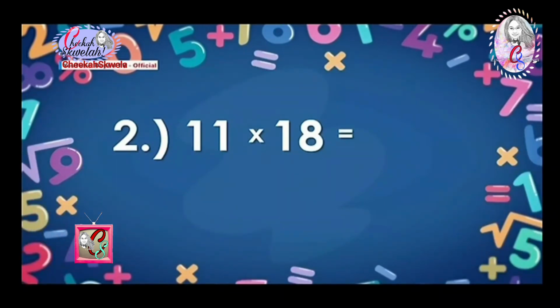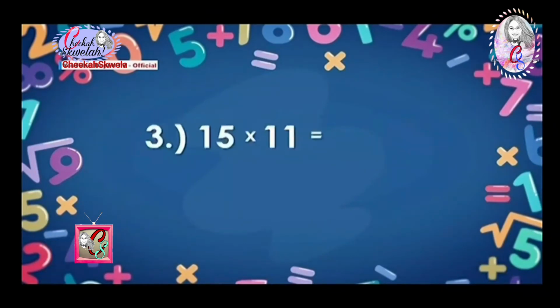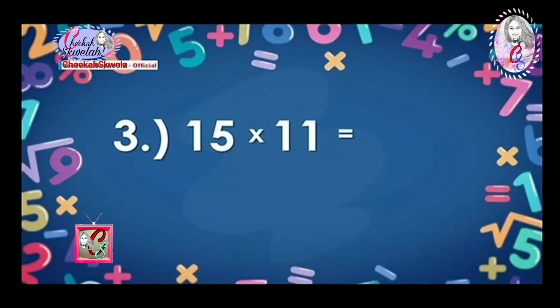Let us check your answer. 198. Number 3. 15 times 11 is equal to...